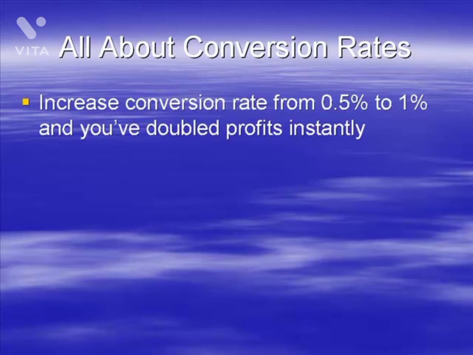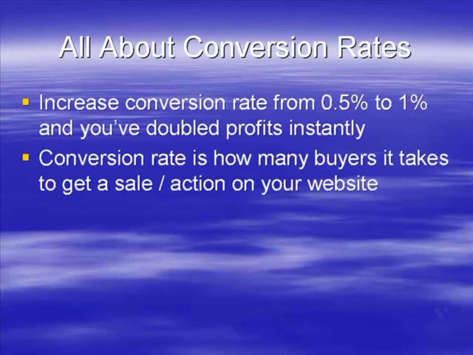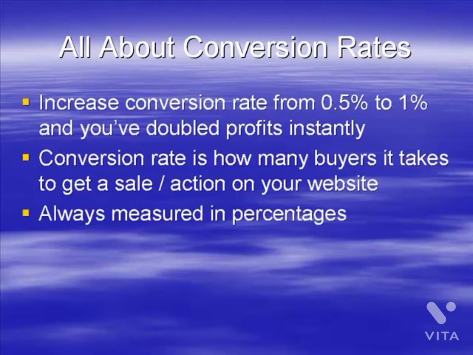Now, if you're doing that, you're leaving money on the table. If you spend a little bit of time tweaking your website, you can actually turn each website into a full-time income. It really is. Now, the conversion rate is basically how many buyers it takes to get a sale or action, whatever it is. If you want an AdSense click, a CPA sale, a product sale, an autoresponder sign up, whatever it might be. It's how many people it takes to come to your website before you get a buyer, basically. It's usually measured in a percentage. So that's why we've talked about percentages.